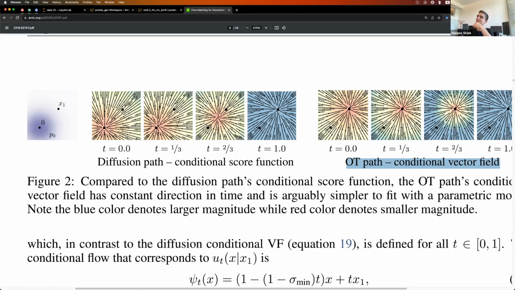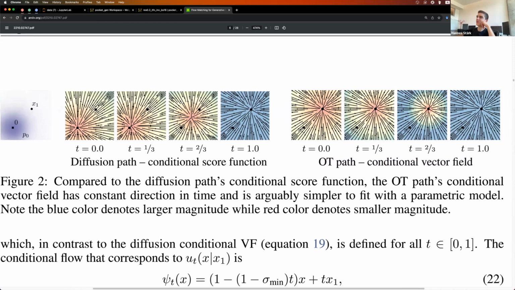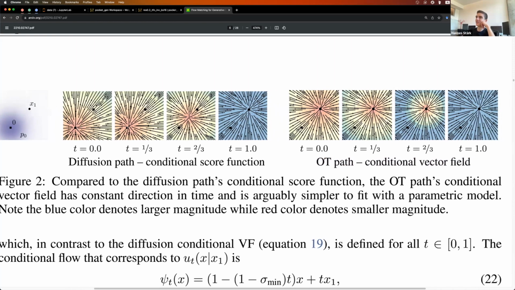What should these plots say? Because here we have the mean moving, and on the right with the OT path, the mean always stays at the